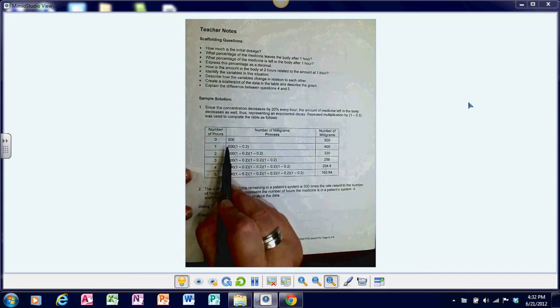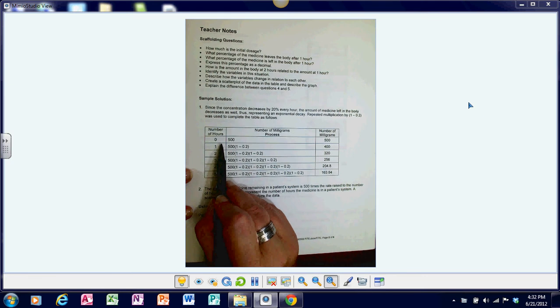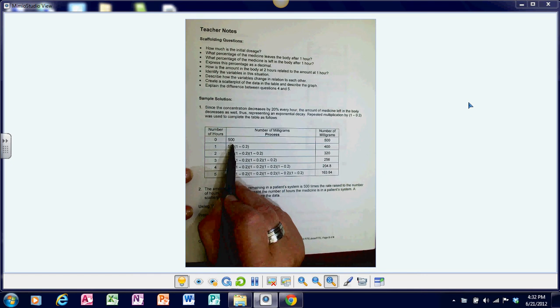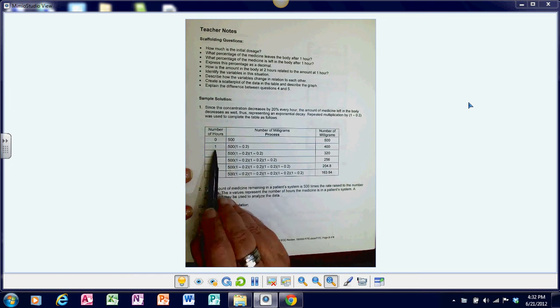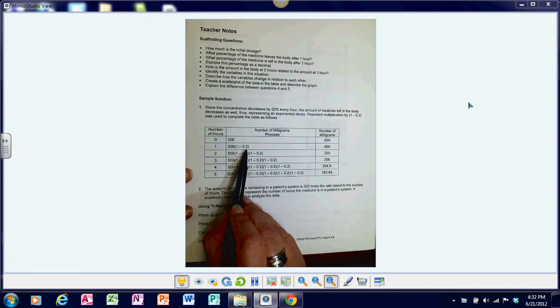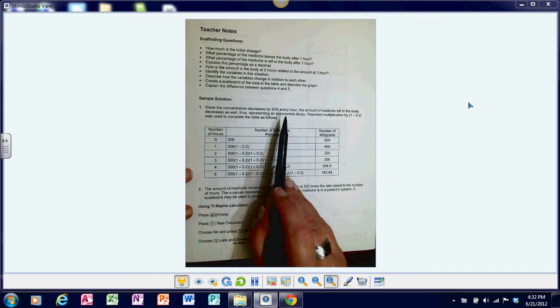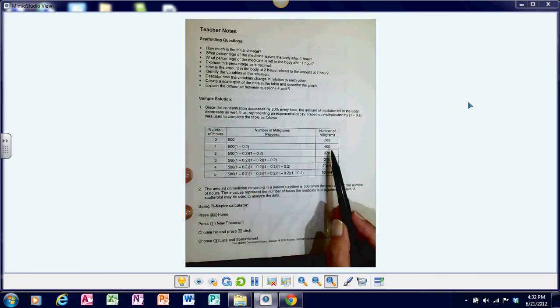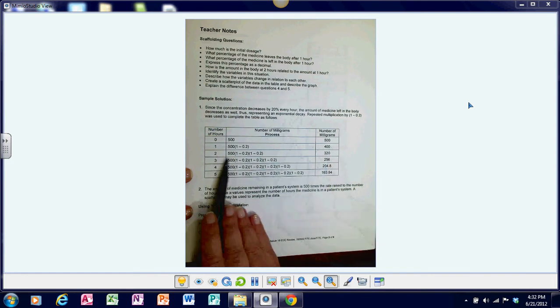As you see from the table, starting at 0 hours, we have 500 milligrams. At 1, we have the 500, but then we have to multiply that by 1 minus 0.2, which we got from the 20% that's decreasing every hour. That gave us 400. When we repeat the process for number 2, we'll get 500